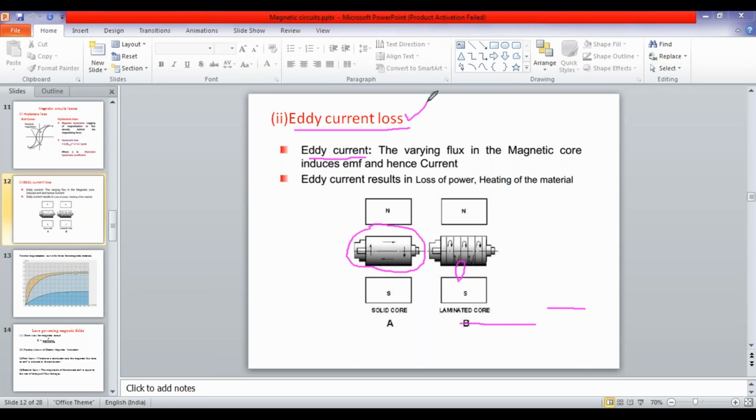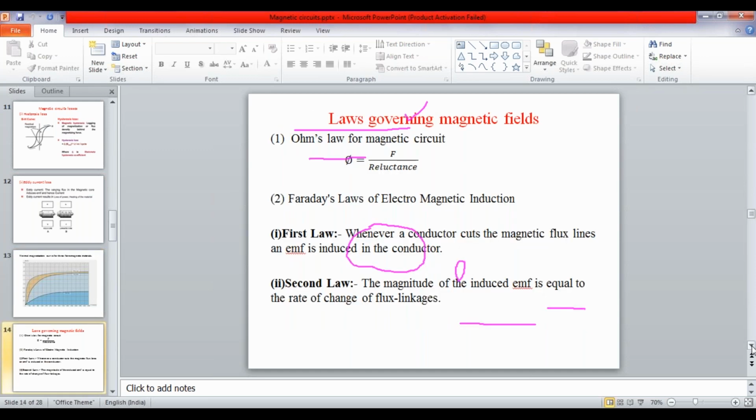Is that clear? So whenever an EMF is induced in the core as well as in the conductor, the current flowing in the core can be called an eddy current. The loss appearing due to eddy currents is called the eddy current loss. These two types of losses take place in a magnetic circuit. So with this knowledge about the magnetic circuit,